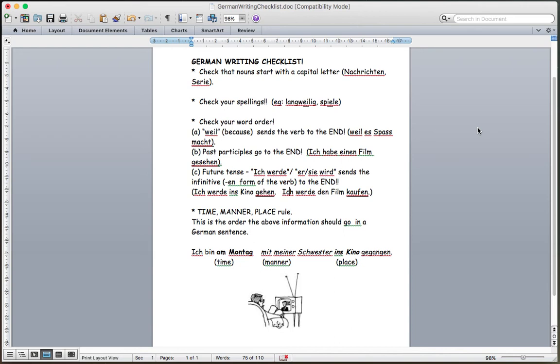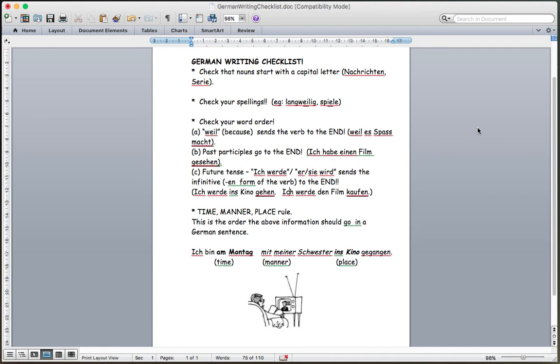One of the most common issues when correcting the Junior Certificate examination and also the Leaving Certificate examination are the most basic rules that students already know. But by not going back over their material or rereading information, the errors that the students know not to make are being made, either due to stress or due to not reflecting over the writing. So again, you need to check that every noun in German starts with a capital letter.